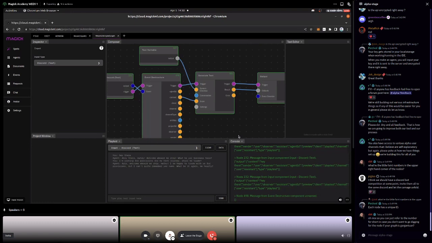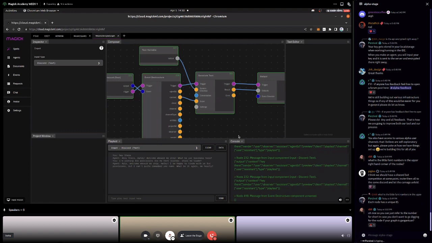But you will be putting your API keys onto a Magick agent. You can, of course, run Magick locally. It's open source. You can do whatever you want. But if you're using the cloud, that's how it is for now. In the future, we will be providing Magick API keys and wrapping all of the different providers so that you don't have to worry about any of that. But for now, this is how we can deliver this quickly and let people choose their providers with no additional cost. So if you have any feedback on that, please definitely let me know.